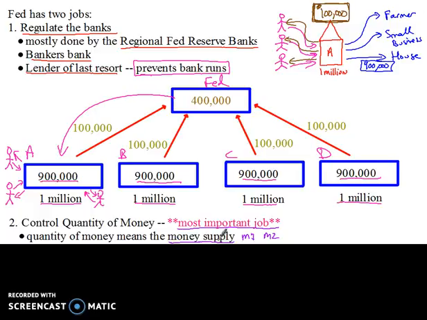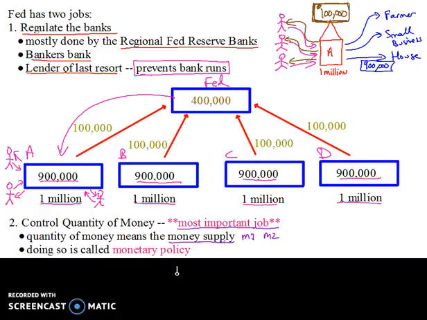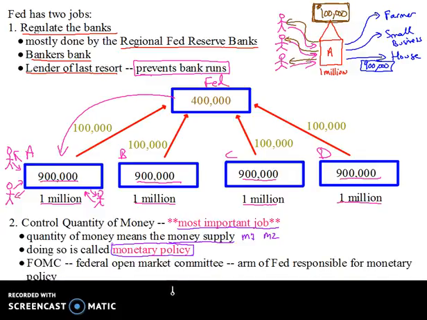If we added together all the checking accounts, all the cash, all the savings accounts, if we added all that stuff together, what's our number? That's the money supply. And managing the money supply, controlling the money supply, is what is called monetary policy. So the Federal Reserve, one of their big jobs is to engage in monetary policy. They're going to manage or control the quantity of money that exists in the country. And this is going to be really important to our model in a little bit.